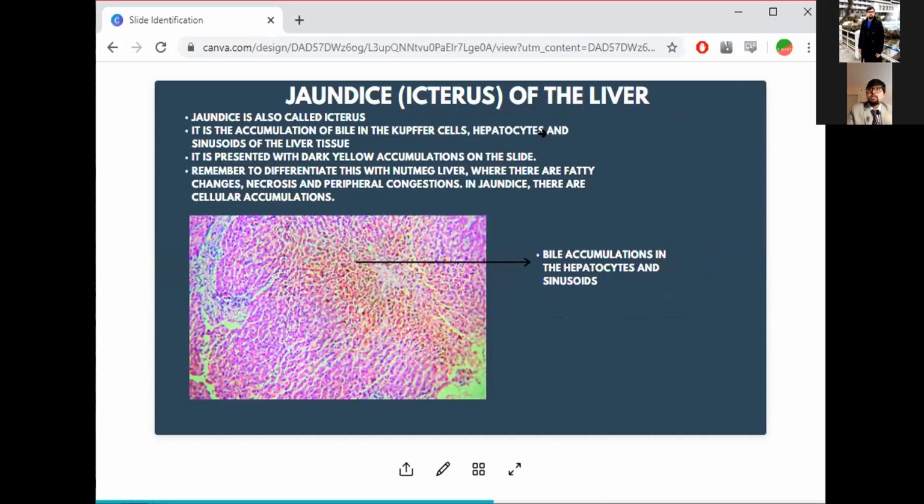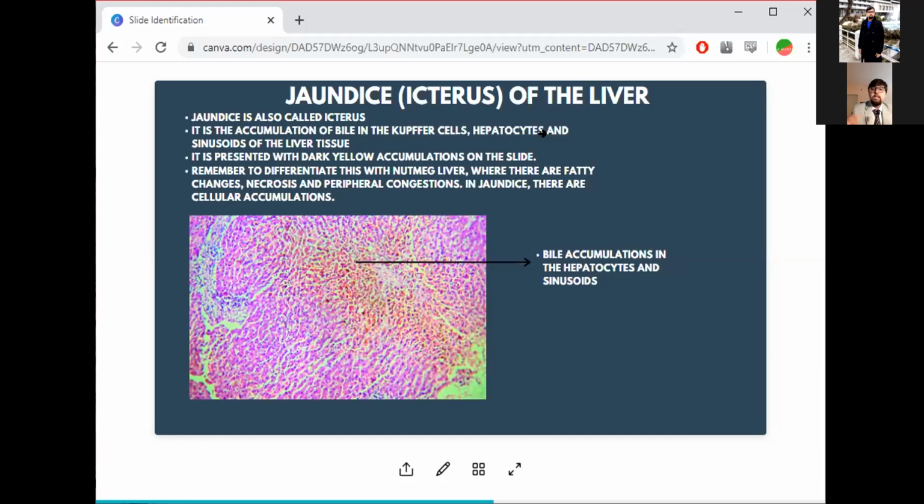Jaundice or icterus of the liver is essentially when there is a lot of bilirubin being collected inside the body's tissues, right? Now, it can be of many different types. You can have unconjugated bilirubinemia or you can have conjugated bilirubinemia. But in order to differentiate those, you need to do clinical tests, right? You need to see what the level of bile is in the blood, and then you can do an imaging test to see if there is any portal congestion, and so on and so forth.